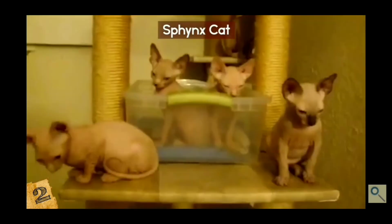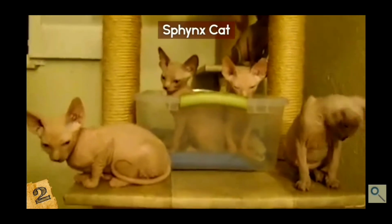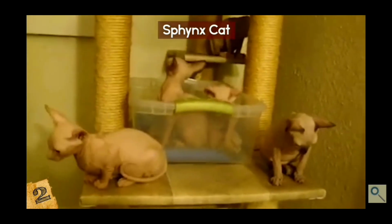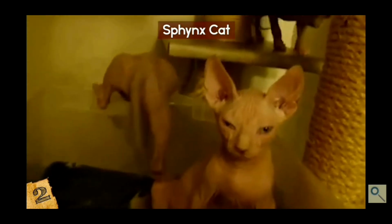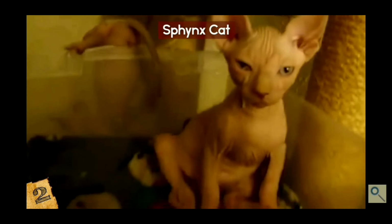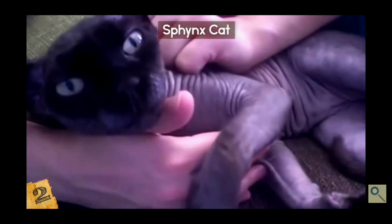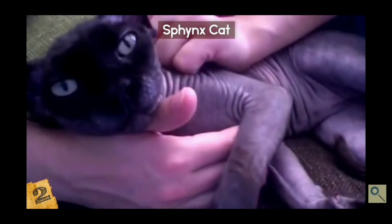worried about its looks. Some people think they are the cutest things ever, and other people think that they are pretty ugly, but beauty is in the eye of the beholder. There's a catch with these cats though, so be careful. Because of their lack of protective fur, the Sphinx cat has extreme risk of getting sunburned or catching hypothermia depending